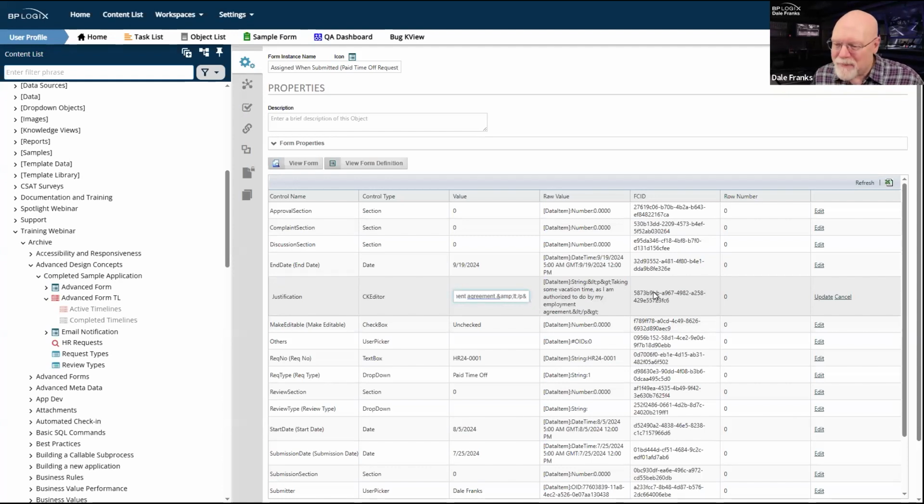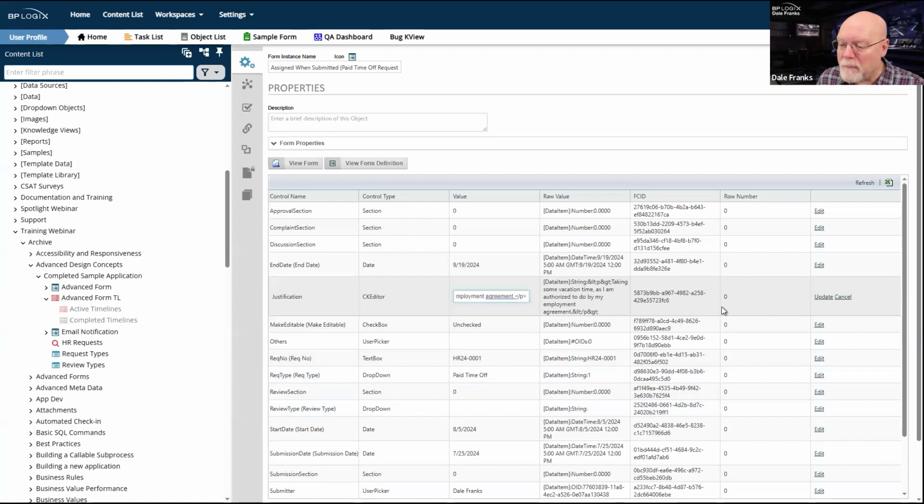Unfortunately, the text editor is a little more complex because CK Editor stores everything in HTML, or at least HTML encoded text. And then when it reads it out of the database, it converts it back into regular HTML.